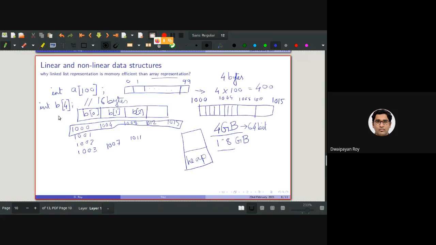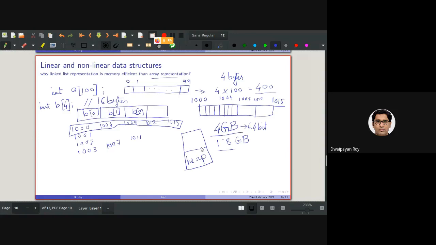And whenever you are declaring this, it needs a continuous memory location, or as I was saying, a contiguous memory location. Now you might be wondering, what if there is no continuous memory location available in this heap space? Continuous of, say, in this case 16 bytes, or in this case 400 bytes.